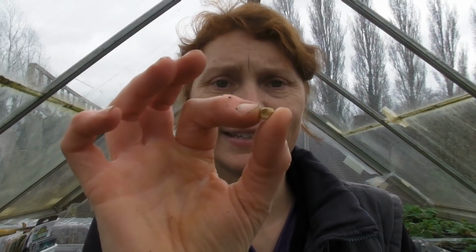I tend to find that mange tout go over really quite quickly, within a couple of days. And I like sugar snap peas. They have a little bit more of a window where you can pick them. Now they all look the same. They just look like dried up frozen peas. If you want to, you can soak them for 24 hours before, just to soften up the outer shell, but